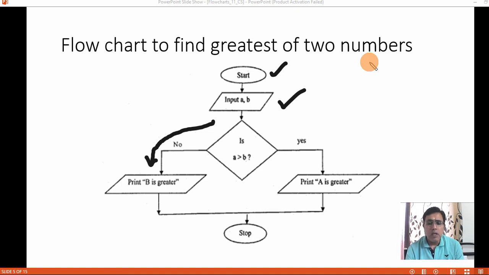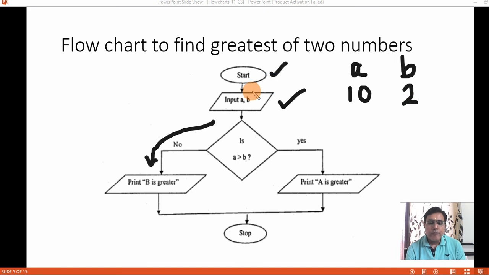So let us write down all the variable names. This is known as the execution trace of this flowchart. There is variable a and there is variable b. Suppose the user enters the value of a as 10, and suppose the value of b as 2.